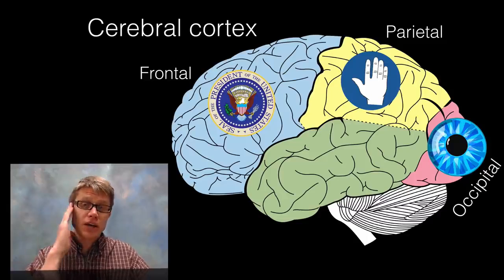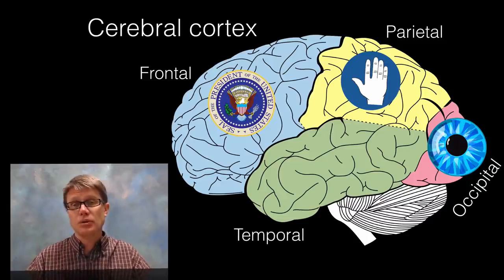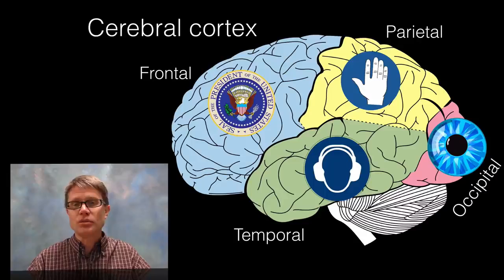And then we move onto the side, we have what are called the temporal lobe. Temporal lobe is going to be important in language. It's important in hearing. It's also important in memory. We have a lot of memories in there. And so each of these lobes have different functions that are associated with it, and hopefully those little icons help